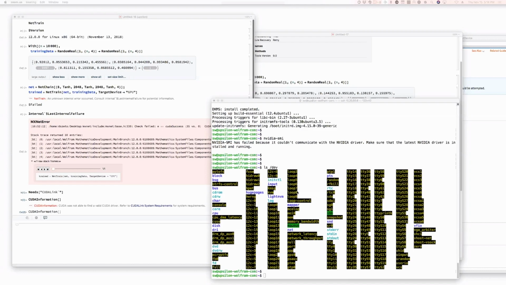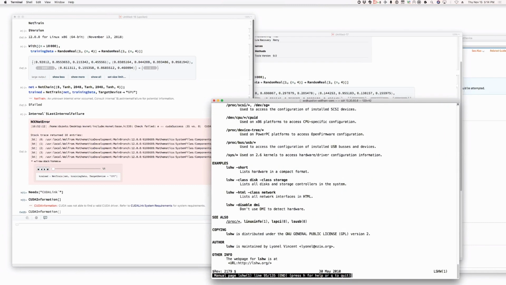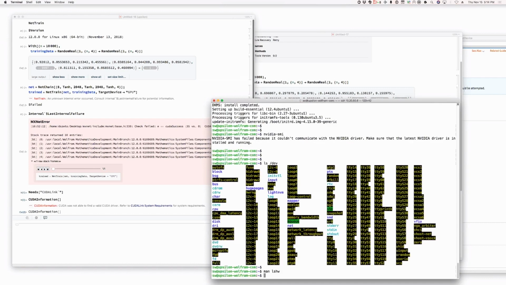I don't know how to refer to people on a live stream when they don't have plausible first names. Someone suggests a command. Let me see what this does. Who knows what this command does? Sudo lshw. What is lshw? Oh, list hardware. That's interesting. Wow, that's more modern than I've ever seen. Fascinating. I don't remember that. That wasn't there back when I